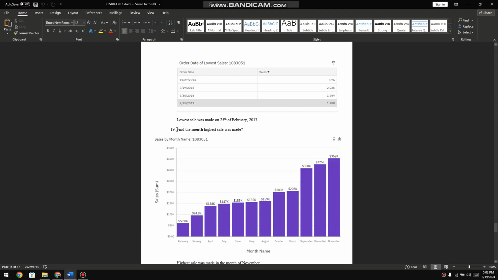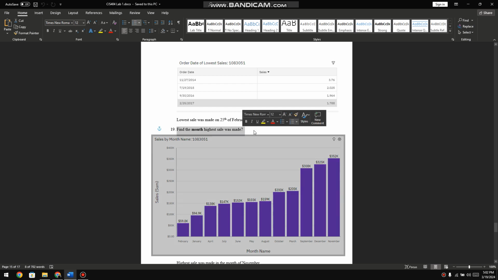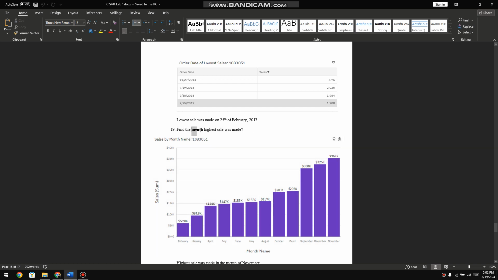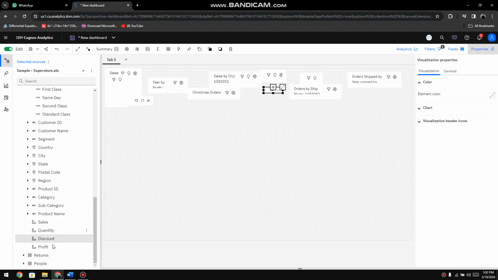So here's question number 19, which says find the month the highest sale was made. So again there are two key terms here, the month and the sale. So the question which holds the quantity and the number values is the sale tab. We need to keep an eye on the sale tab because we will first select the sales tab just like